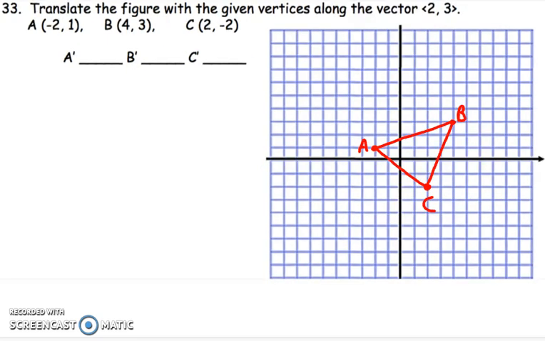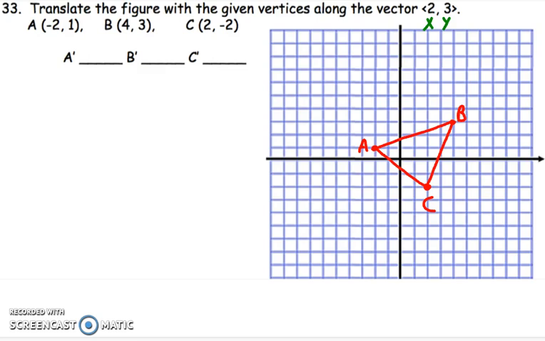Number 33, we're going to translate the figure with the given vertices along the vector 2, 3. Now you see that this almost looks like an ordered pair, but instead of having your parentheses, we have these arrow parentheses, if you will. So I want to put an X and a Y underneath the 2 and the 3. Just like the ordered pair, the first number 2 is the X value, and the second number relates to the